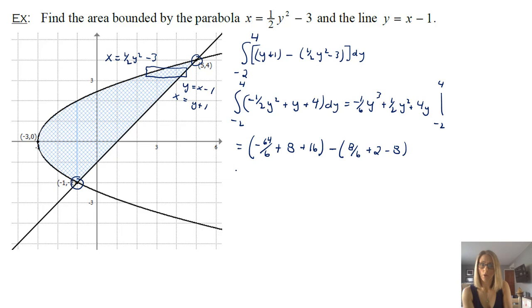If we put that all into the calculator, what we're going to find is that we get 18 units squared. We are finding area here, but our answer is still just a number. It's still the area in between. It's still positive, so all of that's the same. The key thing to understand is that everything needs to be written as x equals here in order for us to look at the rectangles as horizontal.